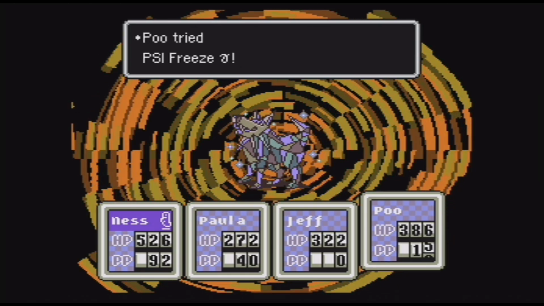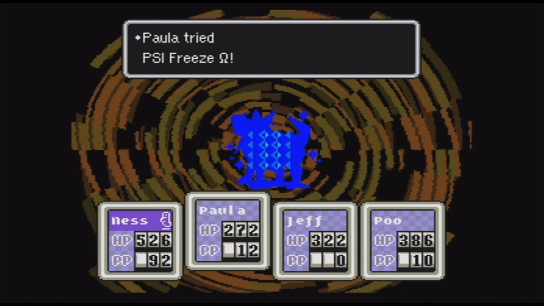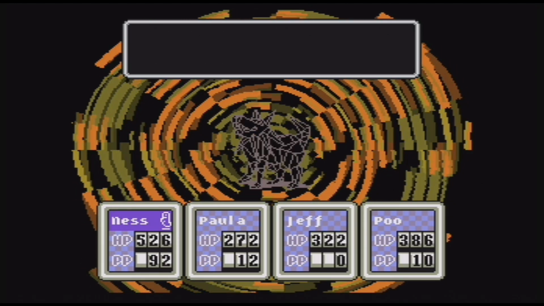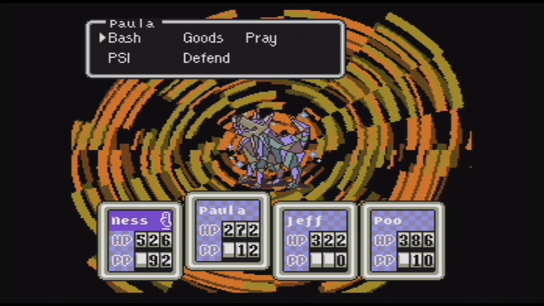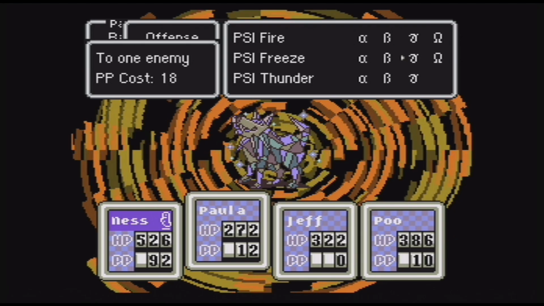That Ghost is just doing very slow chip damage. He's not really doing anything too effective to us. But all right, there we go. Good. Oh, and his body solidified again! Now he's not even getting a chance to attack this turn either! My goodness, these freeze moves are doing wonderful work on the Diamond Dog, I should say. But, unfortunately, we are out. We can't even afford Gamma on Paula, so...